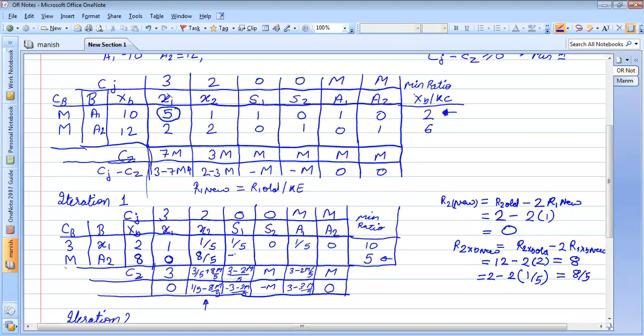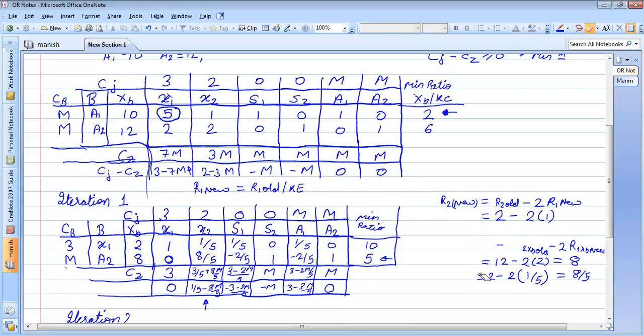Here it is minus 2 by 5, isn't it? 1, 0, 0 minus 2 into 5. So minus 2 by 5. This will be equal to 1, 1 minus 0. 1 minus 0 will be 1. This will also be minus 2 by 5. This will also be 1. Correct? Any doubts? Any doubts now?